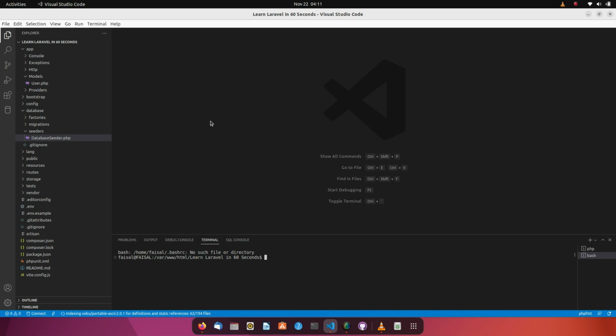Today we will learn how to make a seeder on Laravel. First of all, you should go to your terminal, open a new terminal, and then try